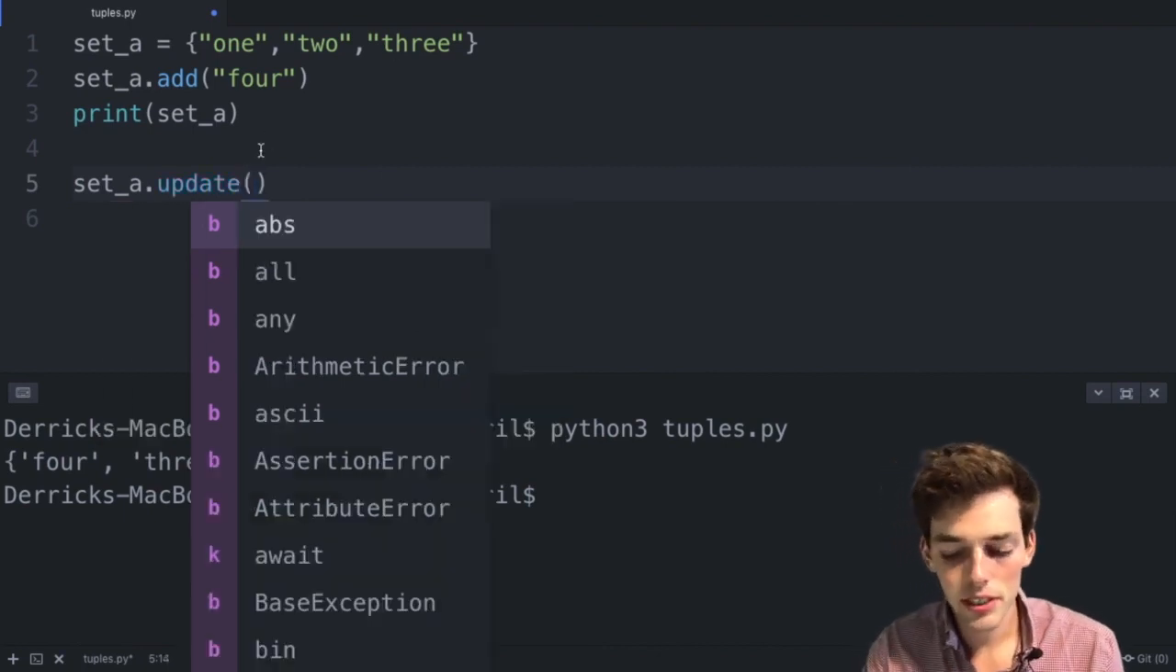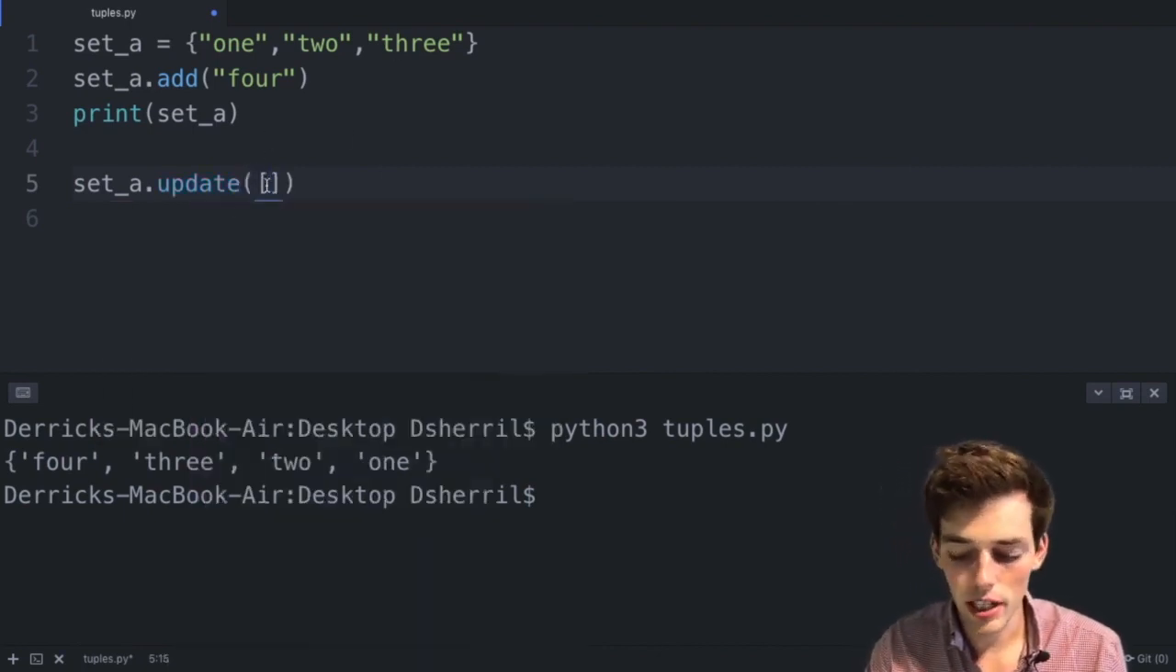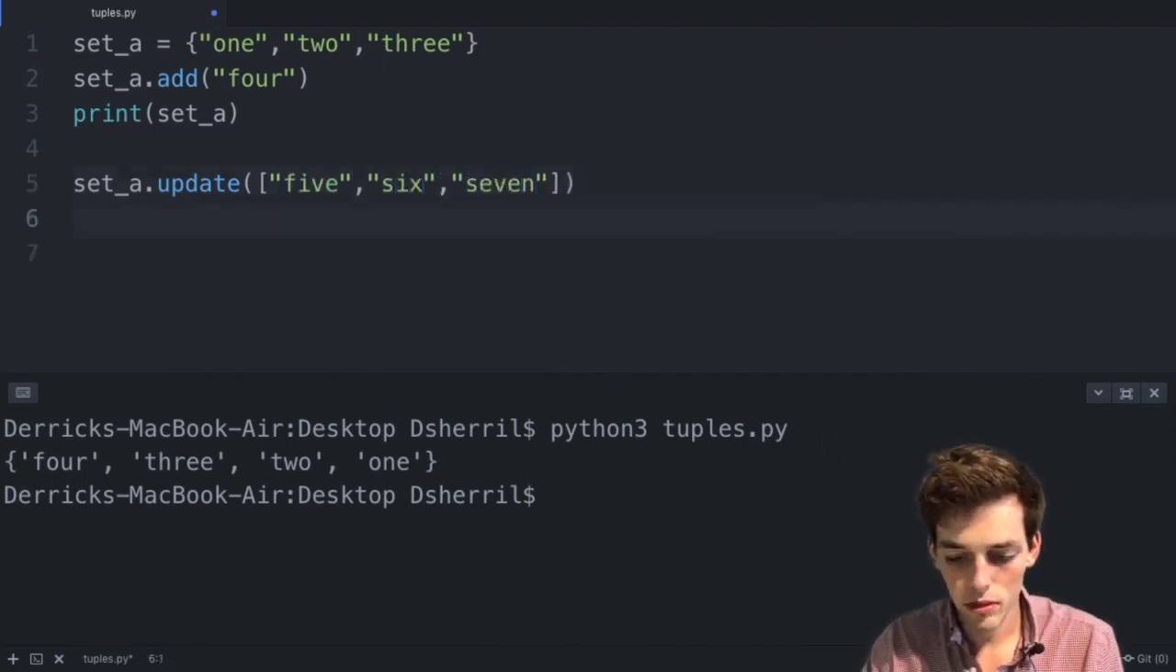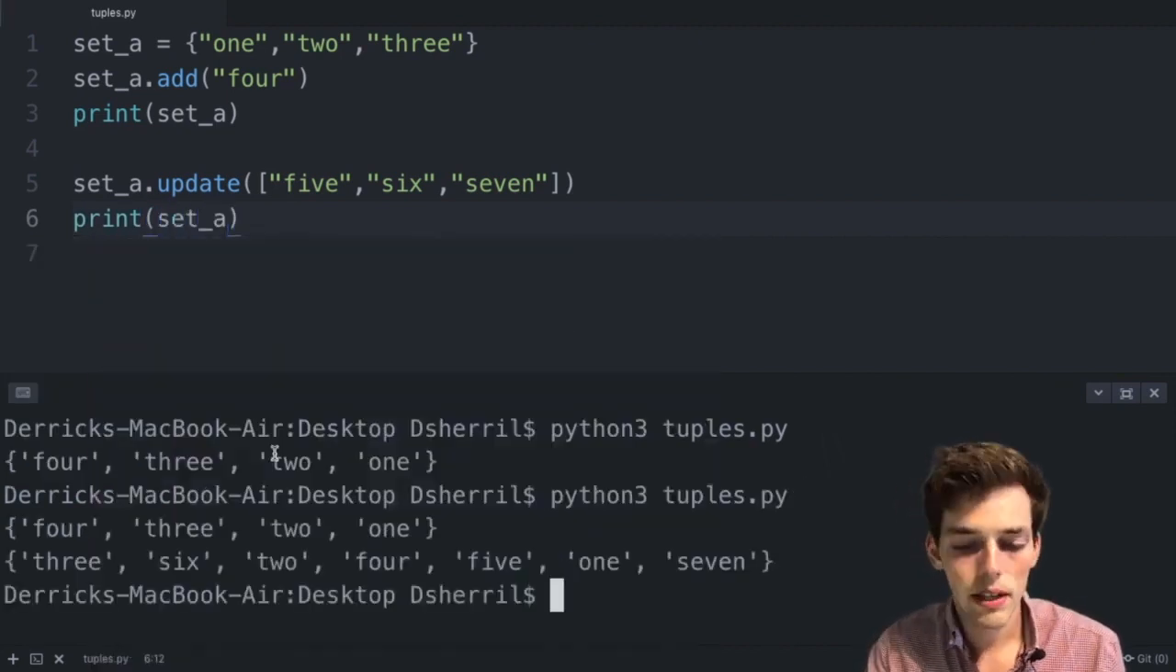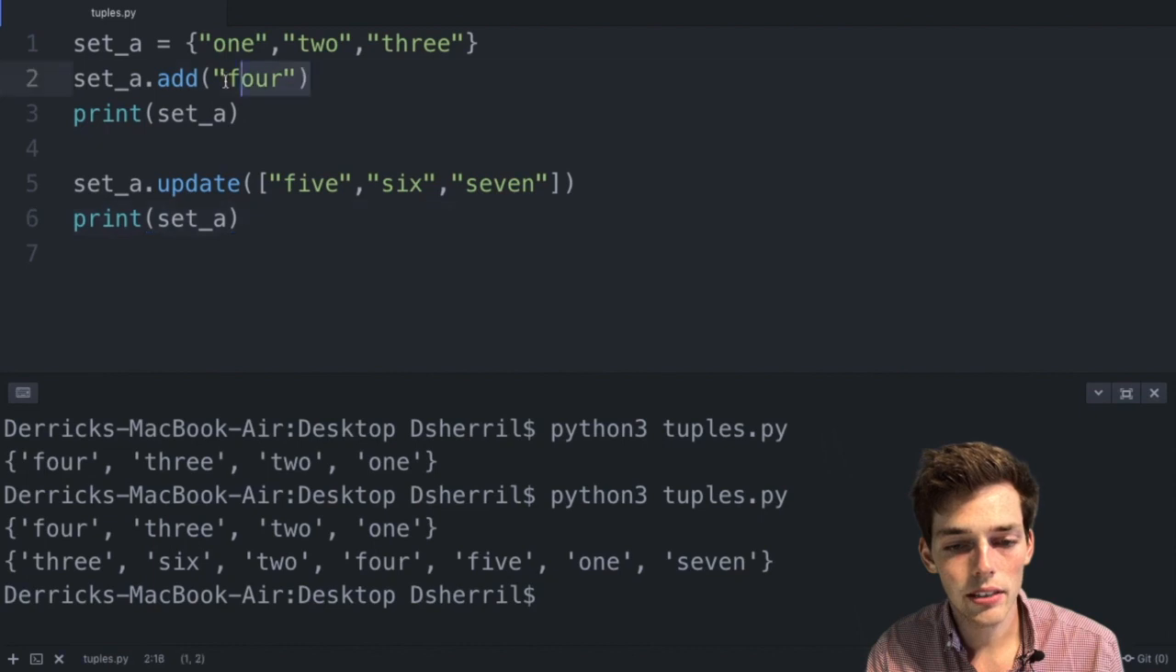Now we'll put parentheses and square brackets to create a list of items, and then we'll say 5, 6, and then 7. We'll print set A and execute it through our terminal. And we see that we can add one element using add, and we can add multiple elements using the update